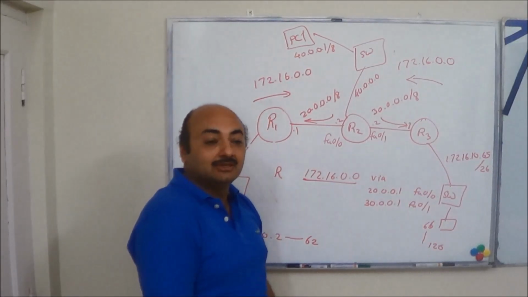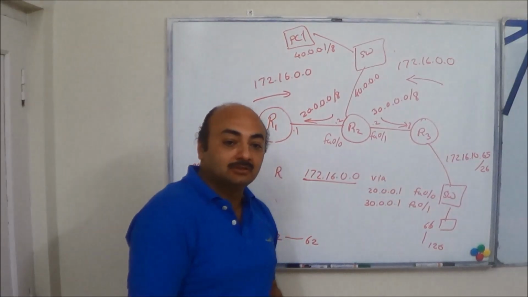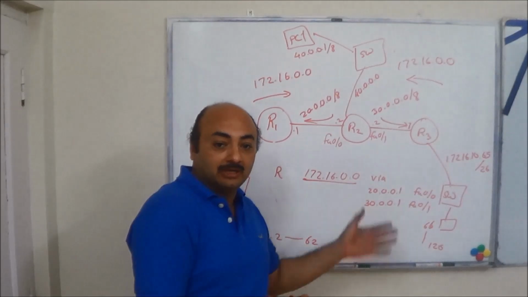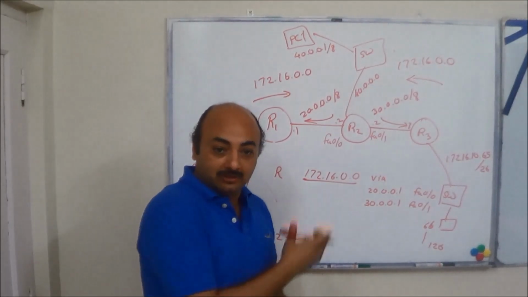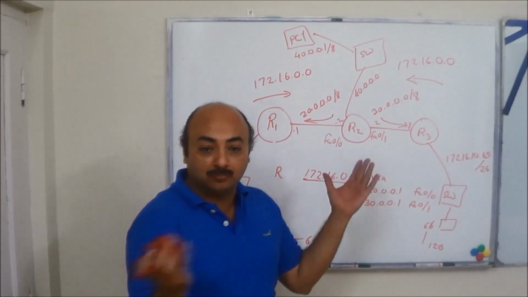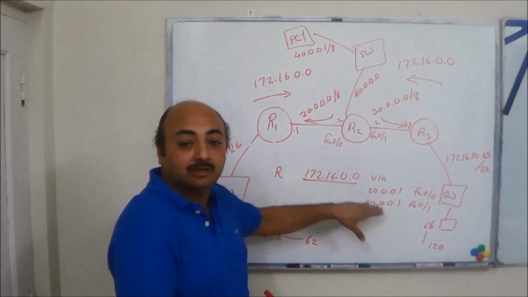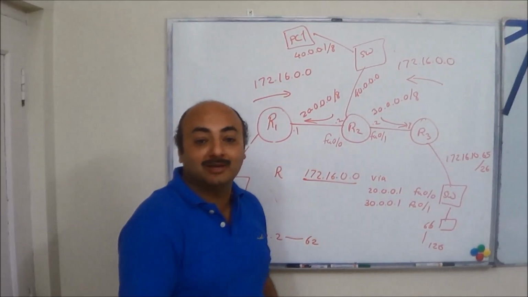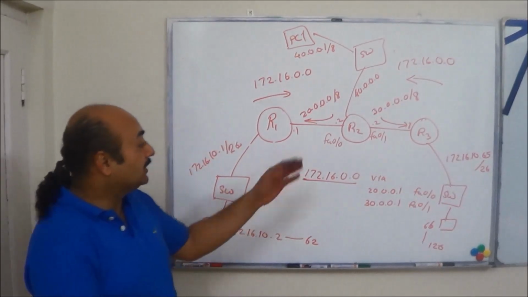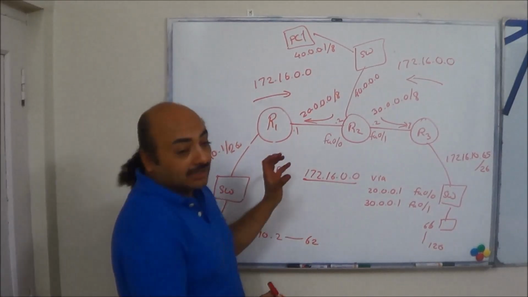You remember the last exercise, the 10th exercise in the video? There were 4 multiple paths from R1 to R6, from the 10 network to the 100 network. So what did R1 know in that? That there are 4 paths to the 100 network. So what is R2 knowing for this network? There are 2 paths. So it will start load balancing. This is a drawback. That's why this is the limitation, and that's where RIP version 1 fails.